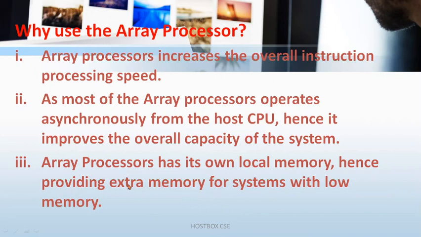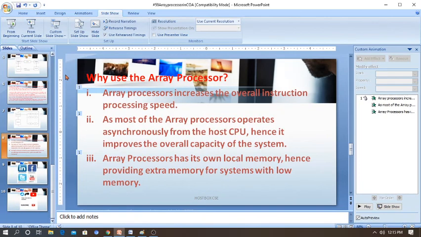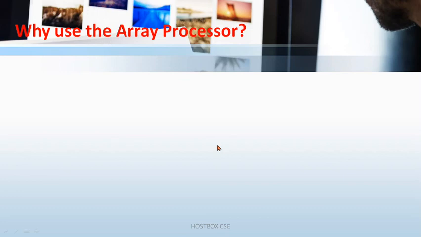Even if your conventional basic system has a memory problem, with the help of the array processor it will be extended. So it will support the memory, and as much as possible you can transfer the data at high speed from the main memory to the local memory and so on. We can transfer the data very fast. That is possible with the help of the array processor or vector processor concept. I hope you understand what an array processor is and why we need this attached processor as well as SIMD.